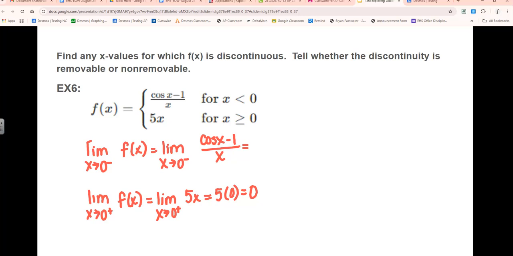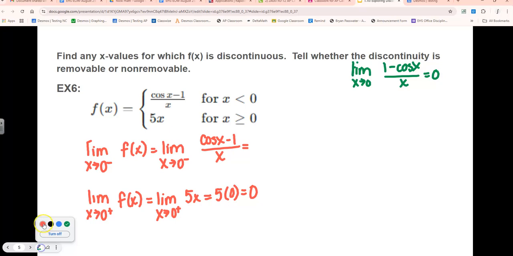The quickest way on this one is that special limit that we know and are supposed to memorize, but may or may not have memorized: the limit as x approaches 0 of 1 minus cosine x over x equals 0. So if we take out a negative right here and write it this way, the limit as x approaches 0 from the left of negative times 1 minus cosine x